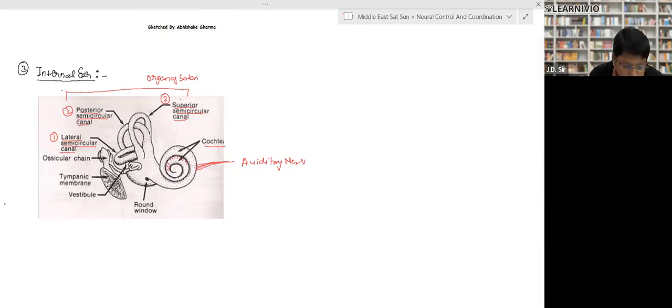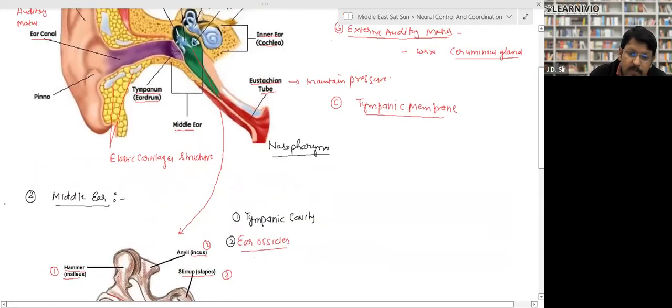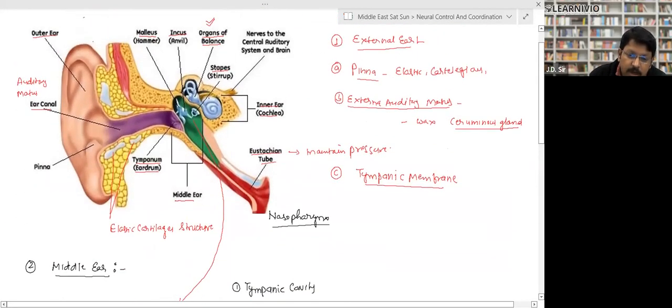There is an internal ear. There is a bony cavity on each side. Look, there is a bony cavity. This complete cavity is made up of bone, right? There is a bony cavity on each side enclosed in hard bone, and